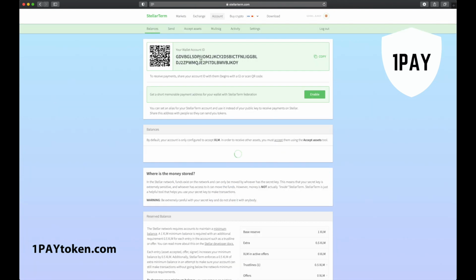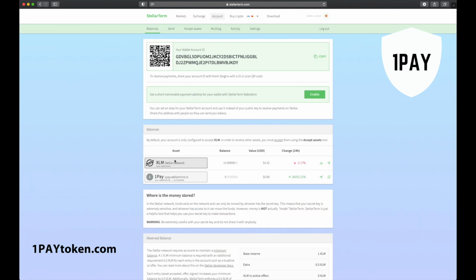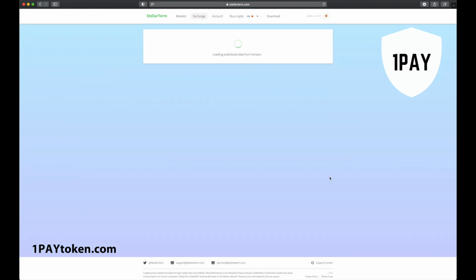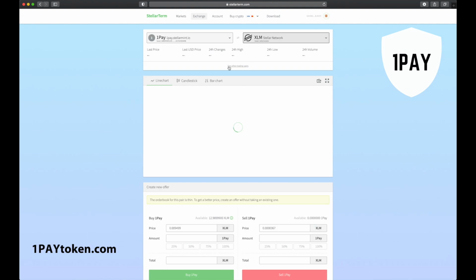After the account page is finished loading, you will now see OnePay under Balances and Asset section. You can now see that OnePay is now listed under the Asset section. We can see that we don't have any OnePay yet, and our OnePay balance is currently at 0. Let's change that and purchase some OnePay now. Click on the Trade button next to OnePay token under the Balance section and wait for the Trade OnePay section